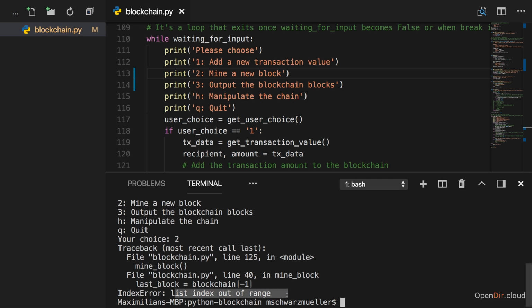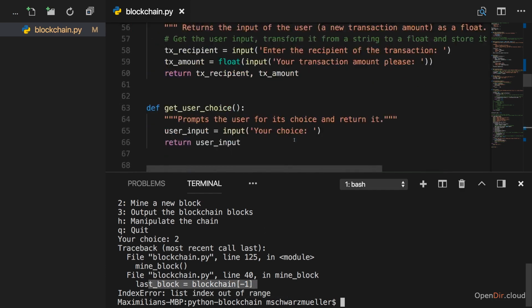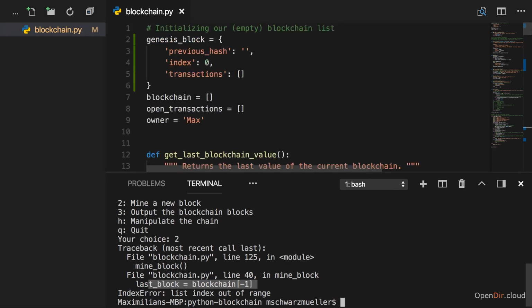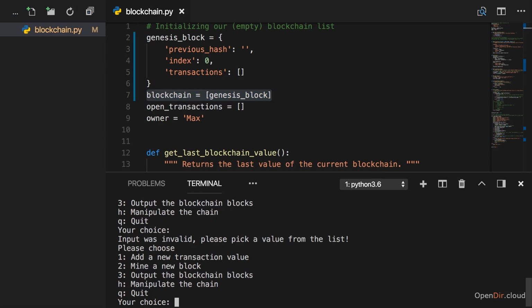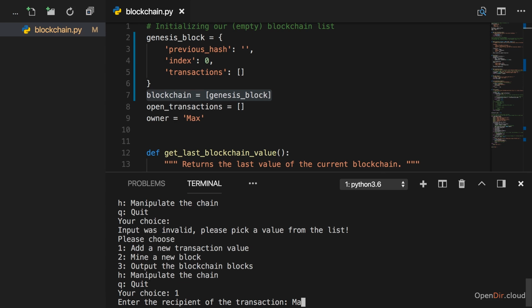Now, what's the issue here? It's referring to blockchain -1. So this is not working. And the reason for that is I created this nice Genesis block, but I haven't added it to the blockchain. So let's add it as an initial value. Sorry about that. With that now, we should be able to re-execute our code, enter a new transaction value, manual